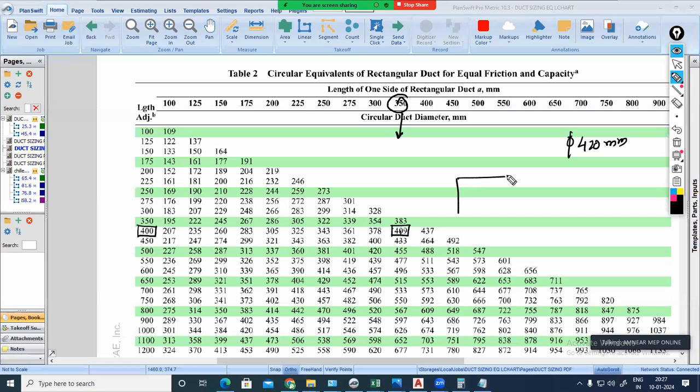So now we got the duct dimension. Width first, height second. This is height only. So duct 400, 350. You can mark it as supply air duct, 400, 350. Okay. So instead of 760,